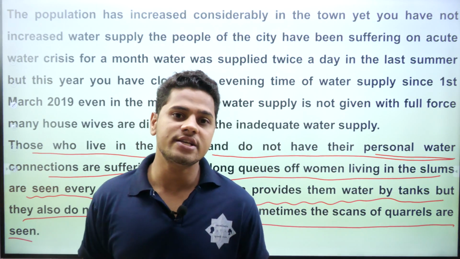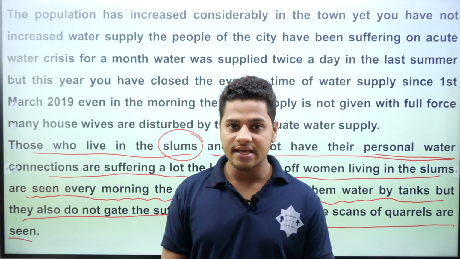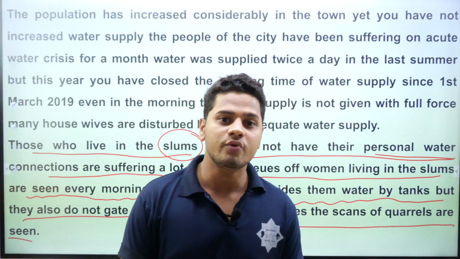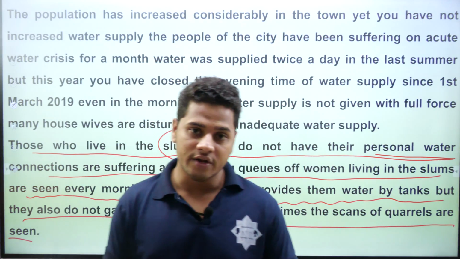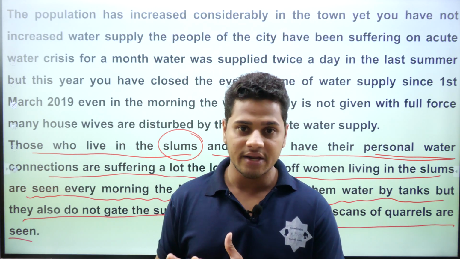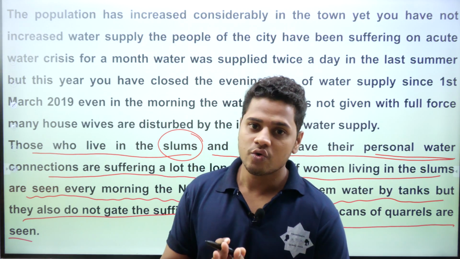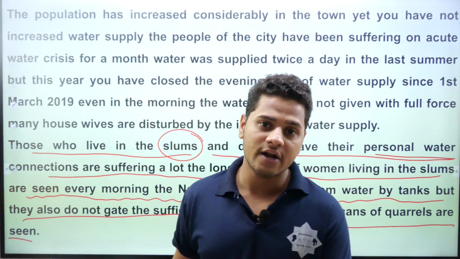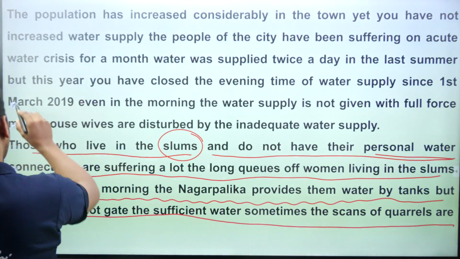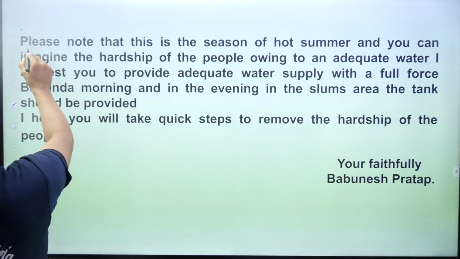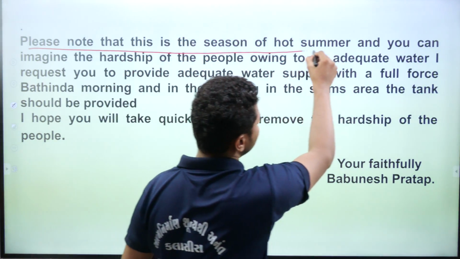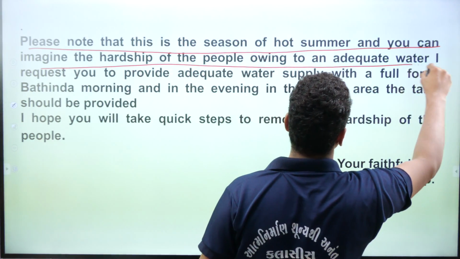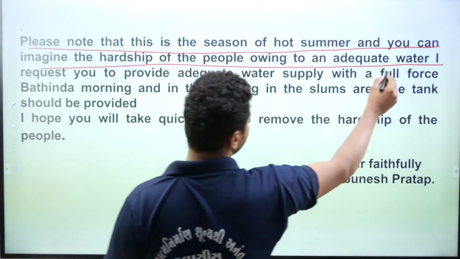The quarrels are mostly seen in these slum areas. Women are fighting with each other due to inadequate water, and they have to go for their job, because mostly they do labor work. In this kind of area they live, so mostly quarrels are seen. So we can see how many problems we are getting because of this. Please note that this is the summer season, and you can imagine the hardship of the people owing to inadequate water. I request, for example, here we have to put a comma,